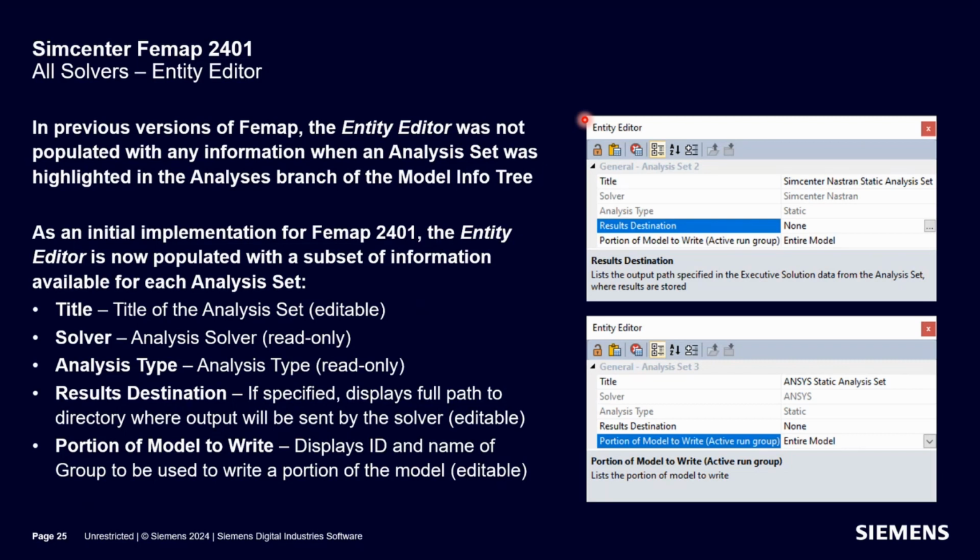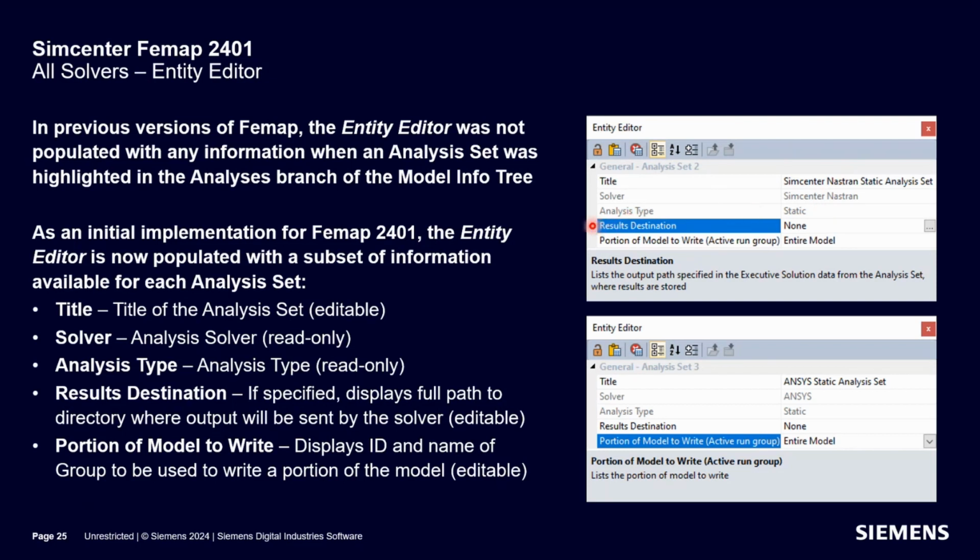Like with groups, you can pick elements, nodes, coordinate systems through the entity editor for that group. But for some reason, if you clicked on an analysis set, the entity editor would be blank. So now it actually shows you the title, the solver that it's using, the analysis type,